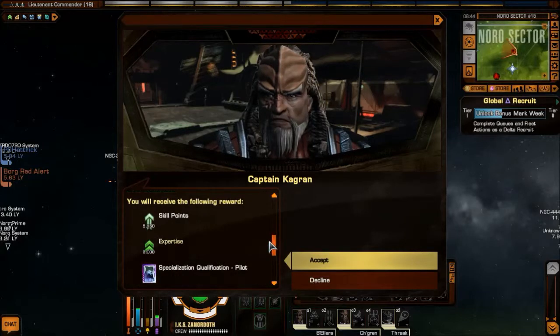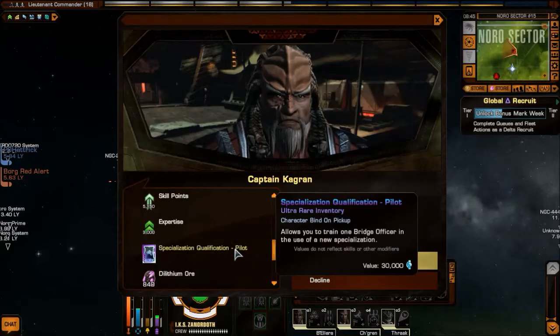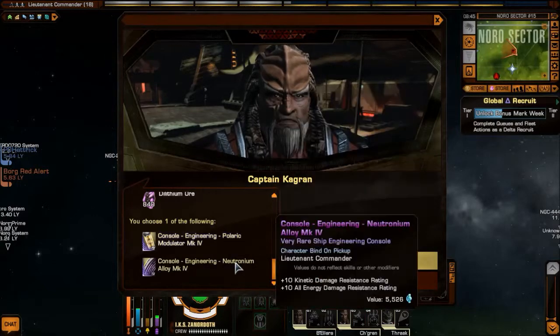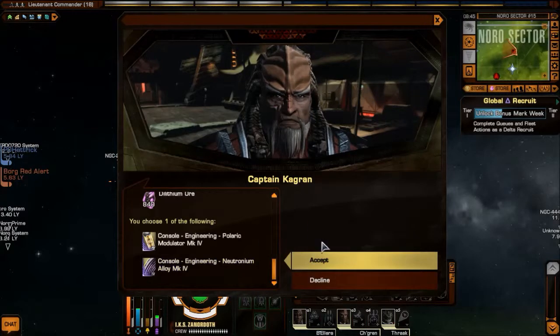Right. So we will have skill points and expertise as usual. Specialization qualification pilot. Okay, could be useful. Lets me train a bridge officer in the use of a new specialization. Not that I'm going to have a pilot ship. Dilithium ore, and then a choice of an engineering console, polaric modulator, with lots of movement boosts to the ship. Obviously, could be a useful thing to have on an engineering ship with extra turn rate and flight speed. Or neutronium alloy, the all-purpose, all-powerful hull hardening console. Yep, I think I'll be going for the polaric modulator. Let's accept the mission